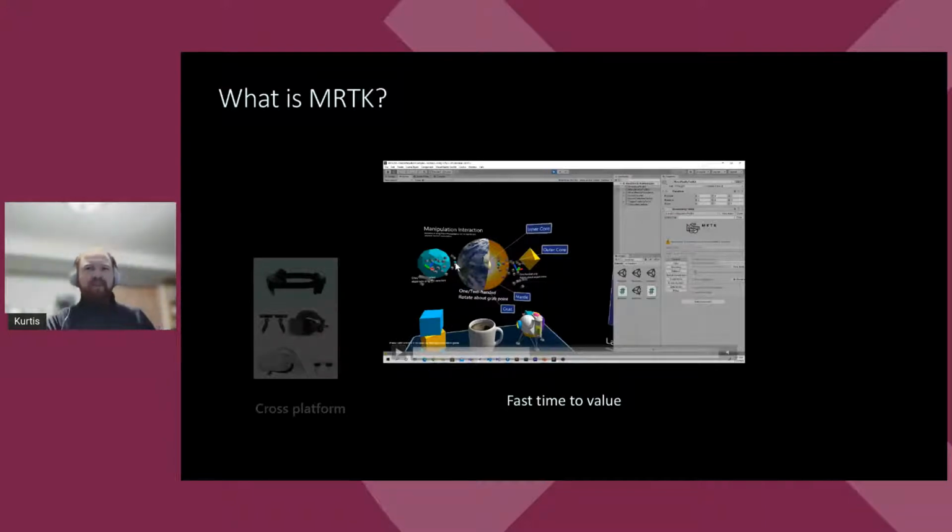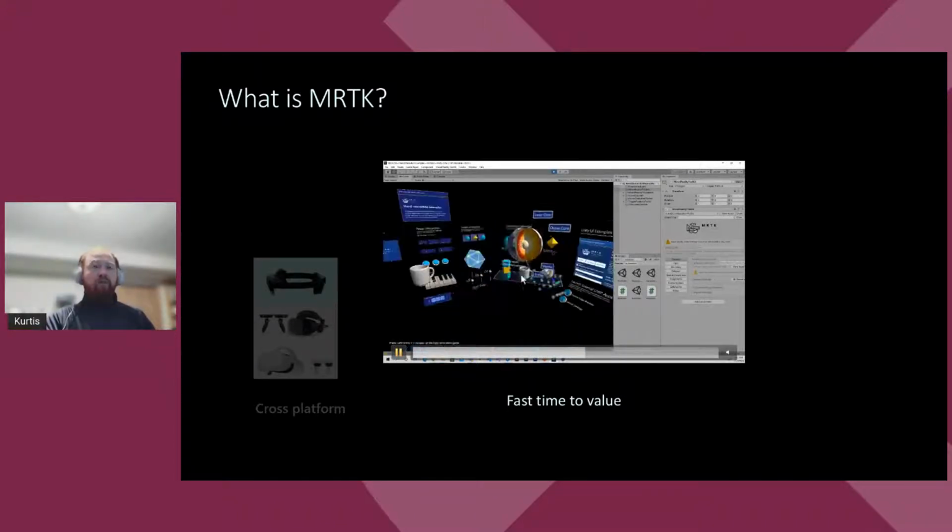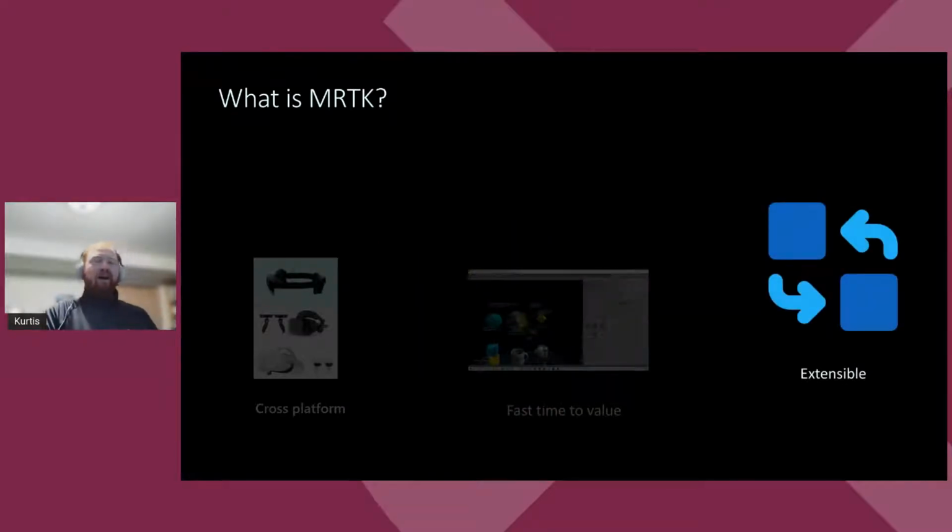Just increased development velocity via in-editor tools like input simulation, which is what's happening on the video here, as well as the MRTK build window, which is on its way to MRTK3. A community member recently opened a PR, and we're working to bring it in as a package. And you may have noticed that video was actually MRTK2. I need to re-record that video, but I believe everything we showed in that video is doable today in MRTK3,